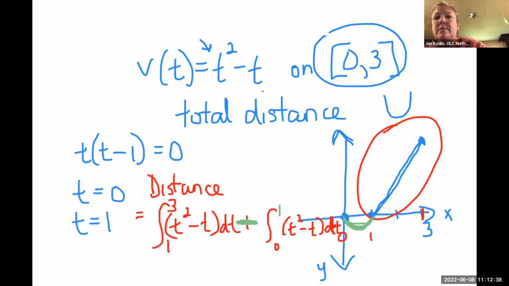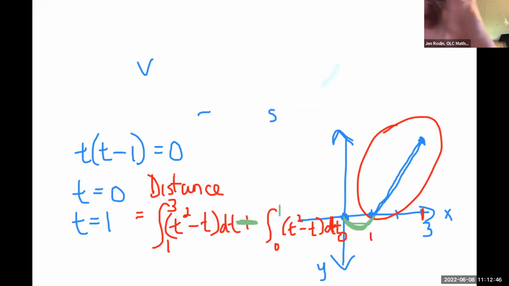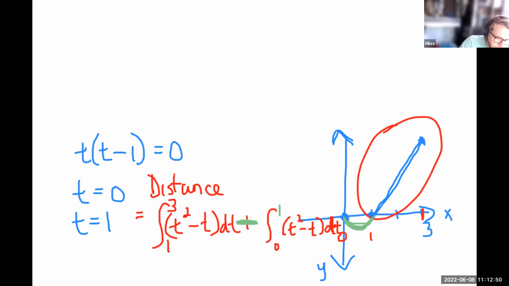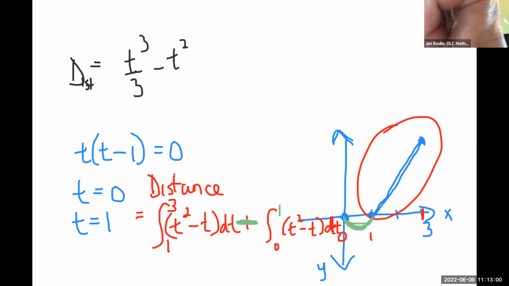So let's see. I'll go ahead and finish this one, just to make sure we're okay, instead of leaving it hanging. So total distance is going to be t to the third over 3 minus t squared over 2 from 1 to 3,